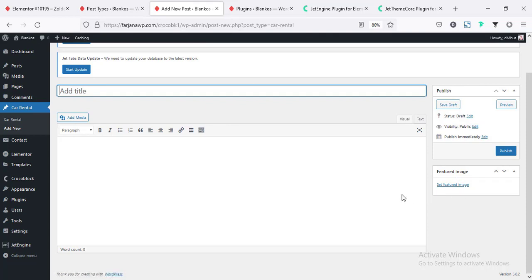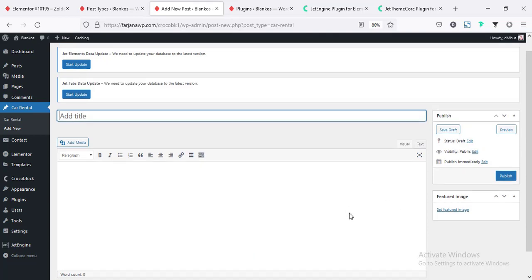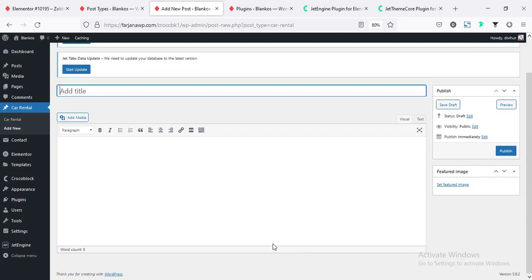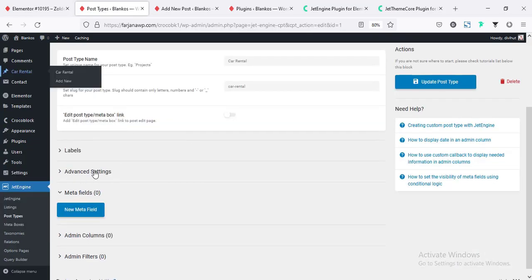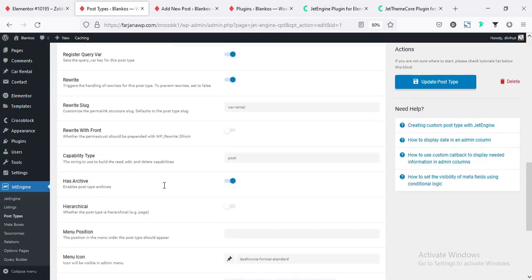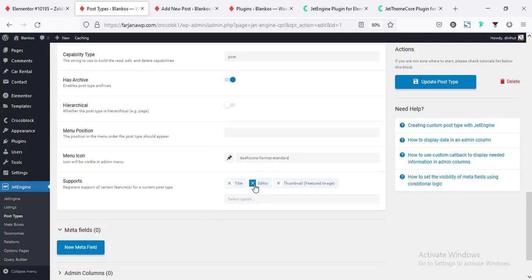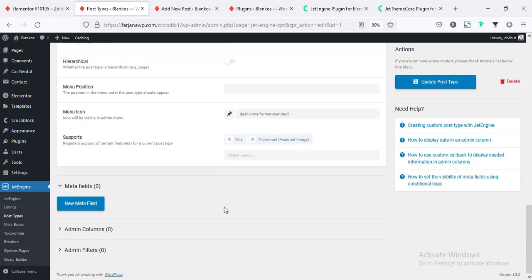And here I'm going to create some more information boxes, or meta boxes, for this custom post type. So for that, again I'm going to post type, and from here if I go to advanced settings, I'm removing the default editor. I will add a different one from custom field. Going to new meta field,